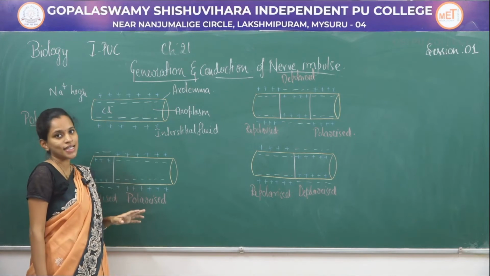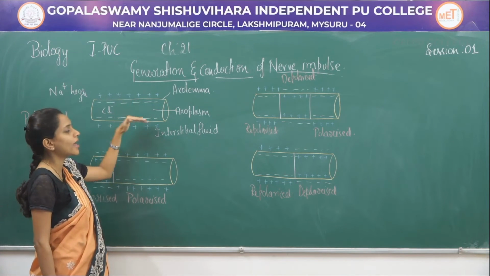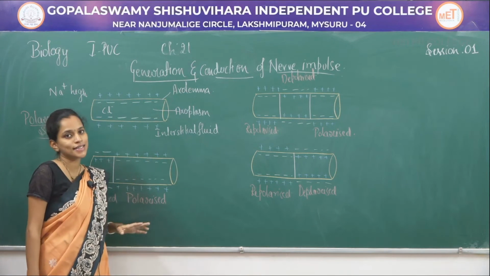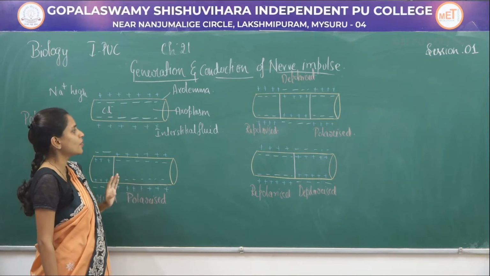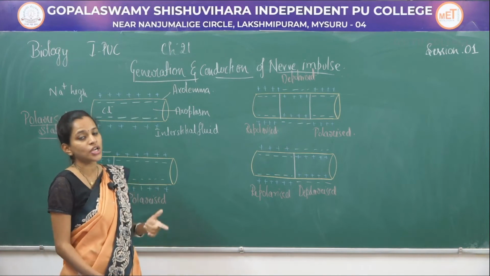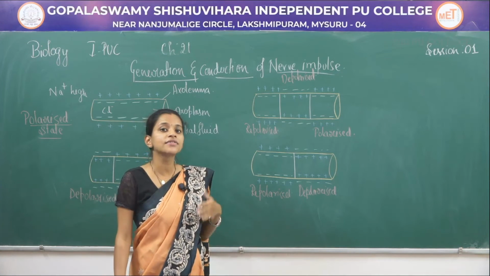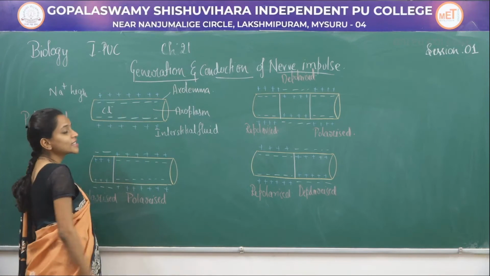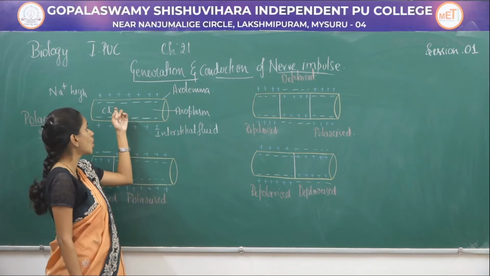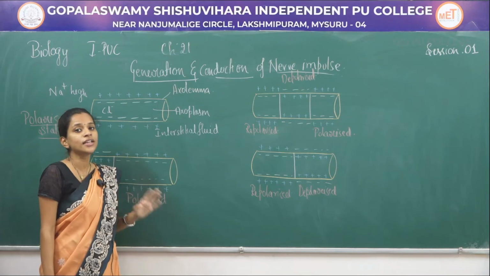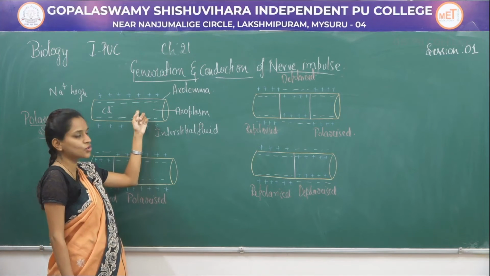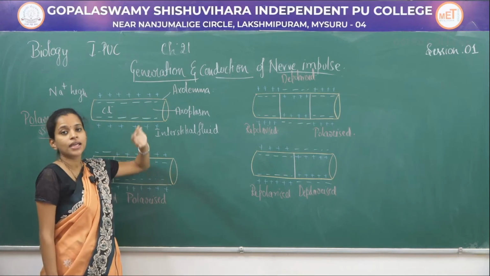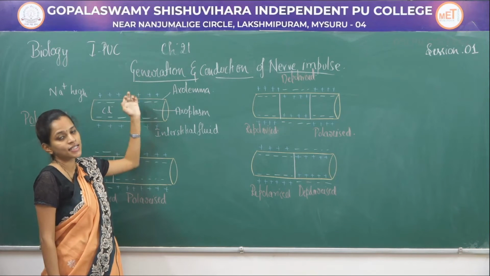When it is in the resting potential, consider the axolemma, the axoplasm, and the outer region of the neuron which is termed interstitial fluid. If you see the axoplasm, here the sodium and potassium ions will be present which give a positive charge. But there is one more ion, chlorine, and this chlorine is not diffusible. They cannot diffuse from the axoplasm into the interstitial fluid. Their number remains the same in the axoplasm as well as in the interstitial fluid.